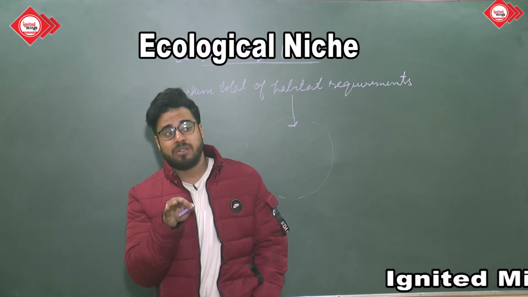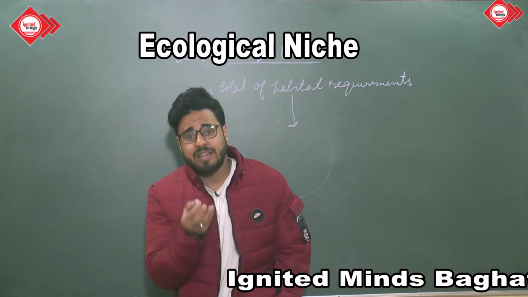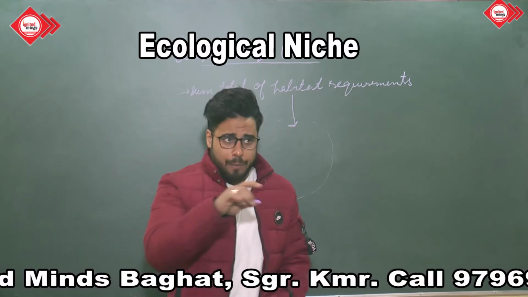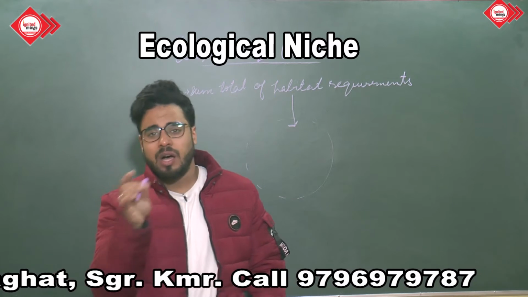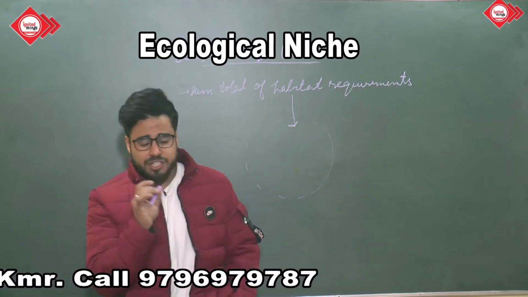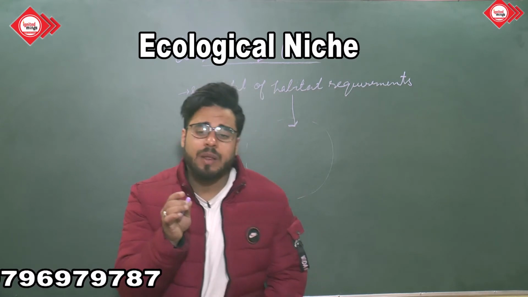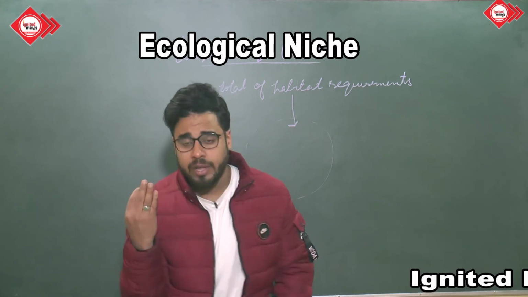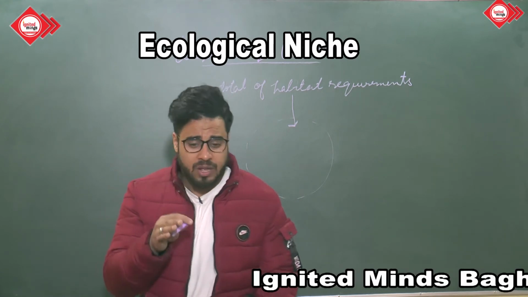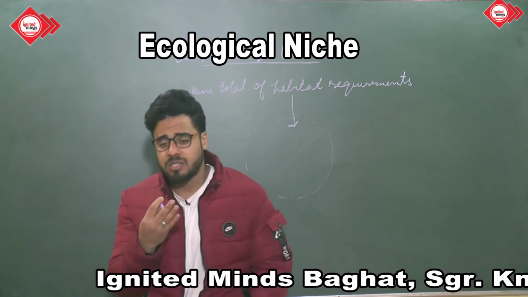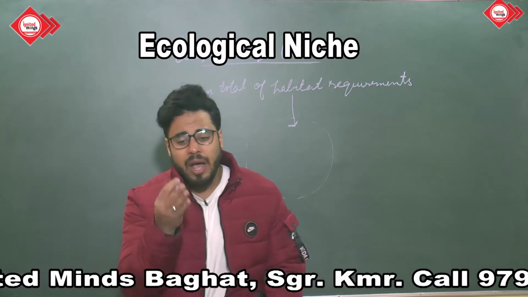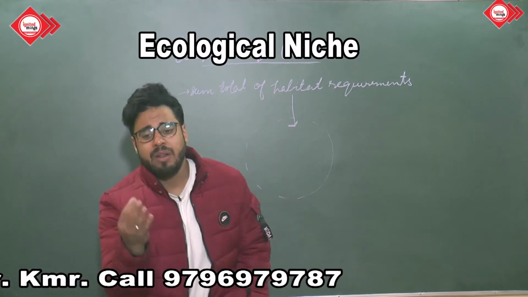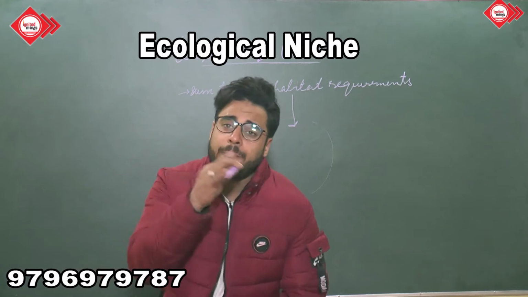And the position or status of an organism in its ecosystem is dependent upon its behavior and relationship with the other organisms. These perfect conditions must be available for an organism: perfect abiotic factors, the requirements so that it can survive and reproduce. Now this in turn depends upon abiotic factors, which themselves depend upon the availability of resources and how many competitors there are.